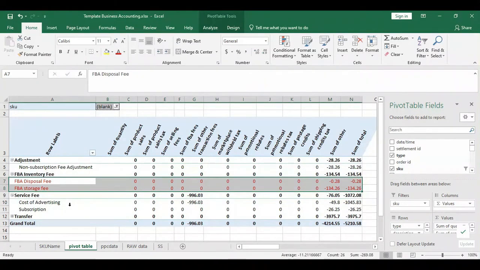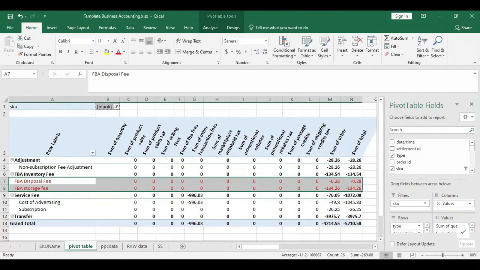So to reflect the correct amounts, we have two options here. Like all the costs that are not associated with any SKU, you can divide them equally. You can divide the storage fees equally if the amount is very nominal. Okay. But if the amount is higher, the amount is bigger, like in this scenario, what you have to do